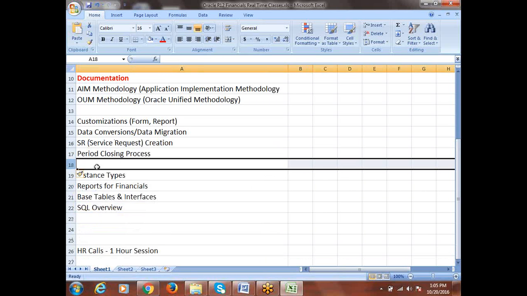Once we're done with the period closing, we have to do the reconciliation also. Say we have data in payables, we do the period closing and close the payables period, and the total data will be sent to GL. Once we're done with the period closing, after that you should verify the balances as per payables, how much accounts payables balance we have, as per GL also. The same data we are sending means the same should be here, right? Here we have to make sure that the subledgers and GL are reconciled properly.